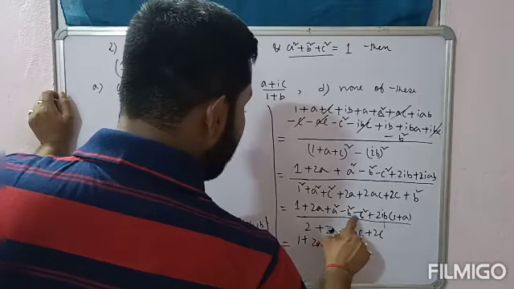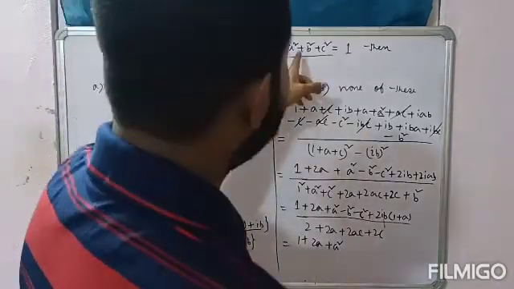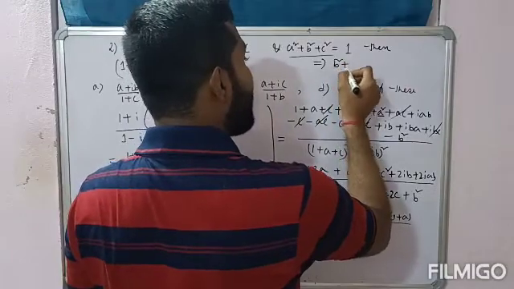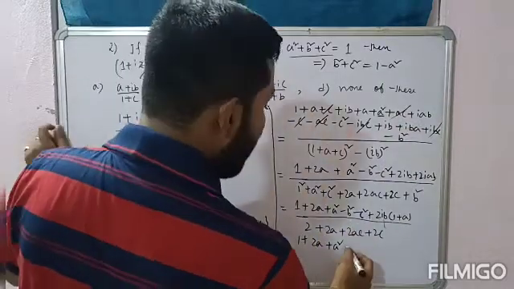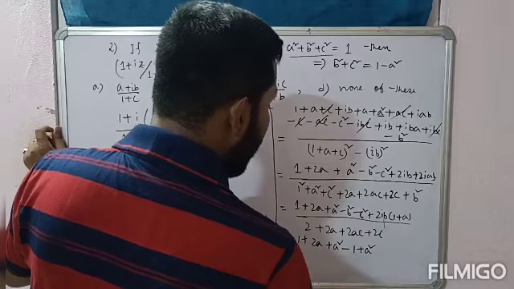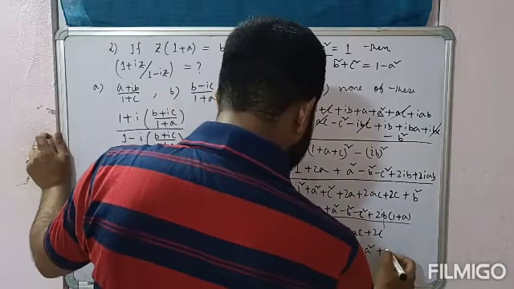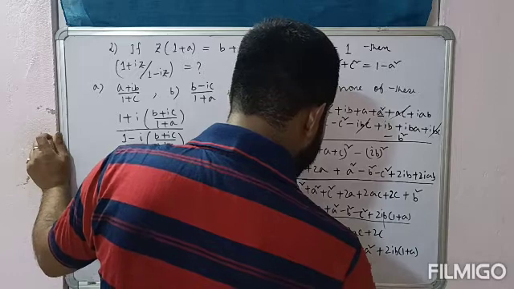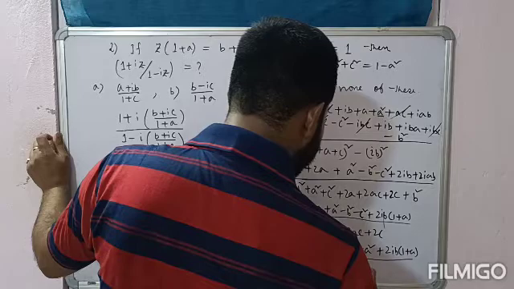Now if I take minus common, then this will be b square plus c square. So if a square plus b square plus c square equals 1, which implies b square plus c square is equal to 1 minus a square. So from here, if I take minus common, this will be minus 1 plus a square. Yes, minus 1 plus a square plus 2ib whole into 1 plus a. From the denominator take now 2 common, 1 plus a plus ac plus c.